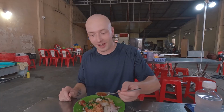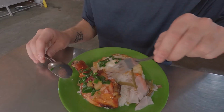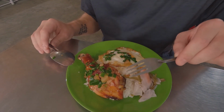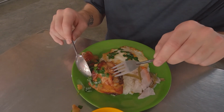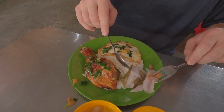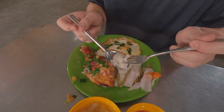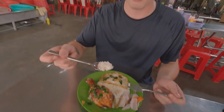This is officially our very first breakfast in Vietnam. I think it's com tam. What we have here basically is some barbecue chicken. It's covered with fresh onions. It's a very big piece of chicken. We have some fresh fried egg, some pickles, beans, and then this here is broken rice. It's the first time I'm actually eating broken rice, so